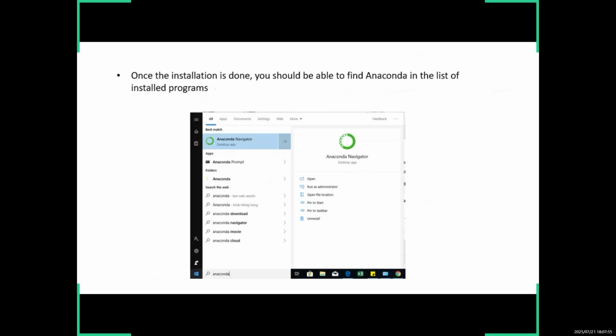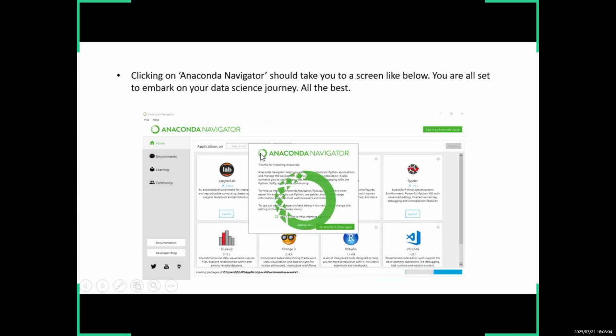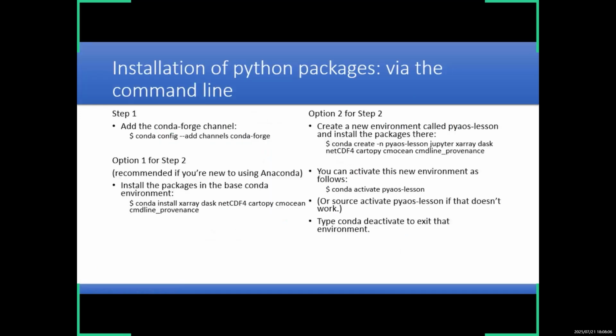So as you know, you have two options here. You can see Anaconda Navigator and Prompt. Navigator is the graphical user interface and Prompt is the command line. We will use the command line for these things. So this is the basic thing that you need to know. Next thing is how to install the packages. So step one is we need to add conda-forge,